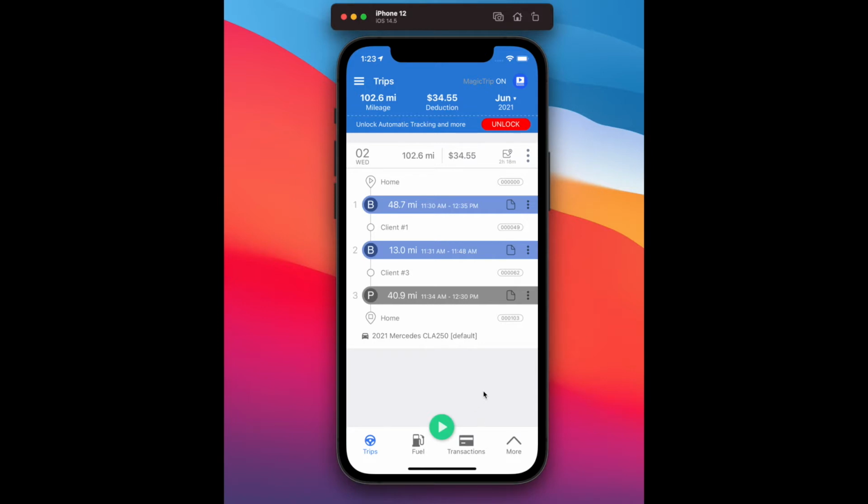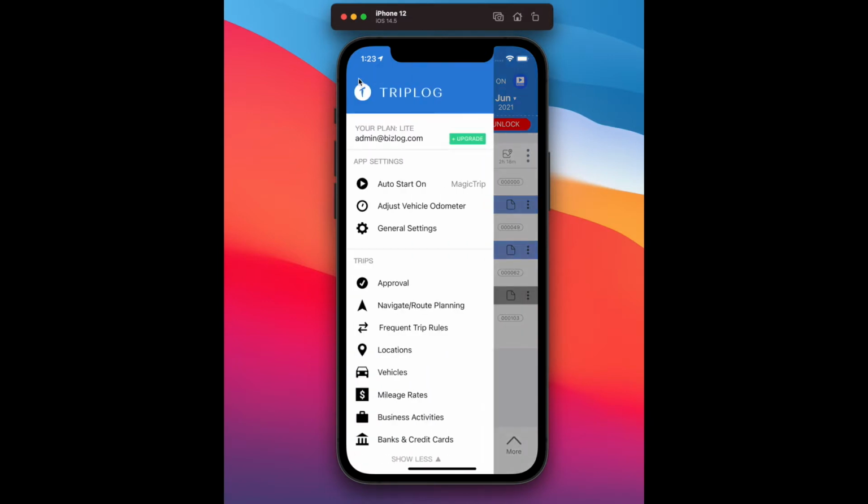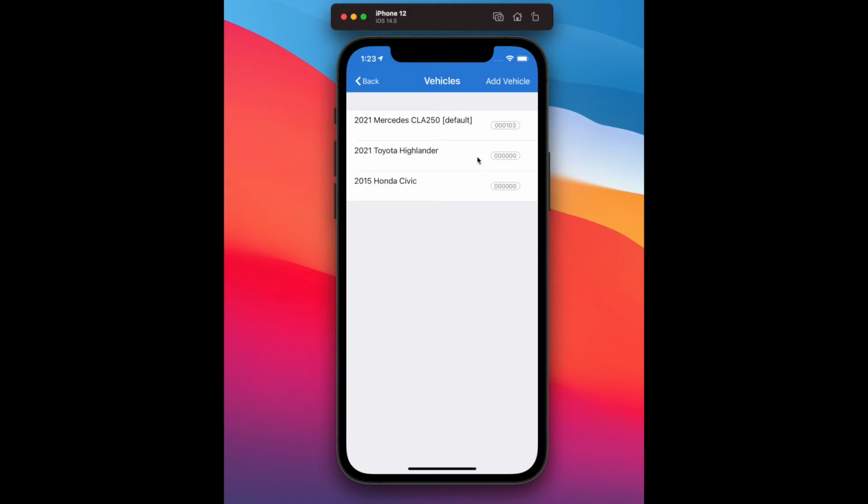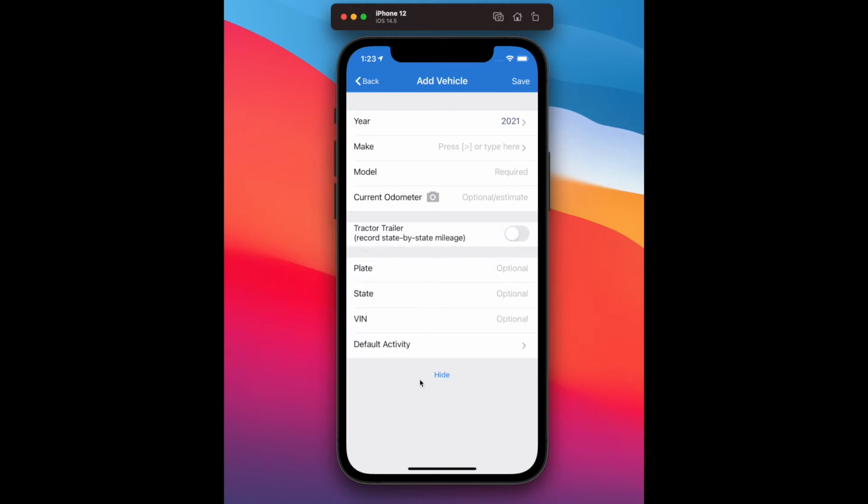Now, the first step that we do once we've logged into TripLog is we go to this menu in the upper left corner, click on it, we go to Vehicles, and we add our vehicle. Click on Add Vehicle, fill out the information such as the year, make, and model. Now, you do have an option to fill out optional data such as plate, state, VIN, and you can